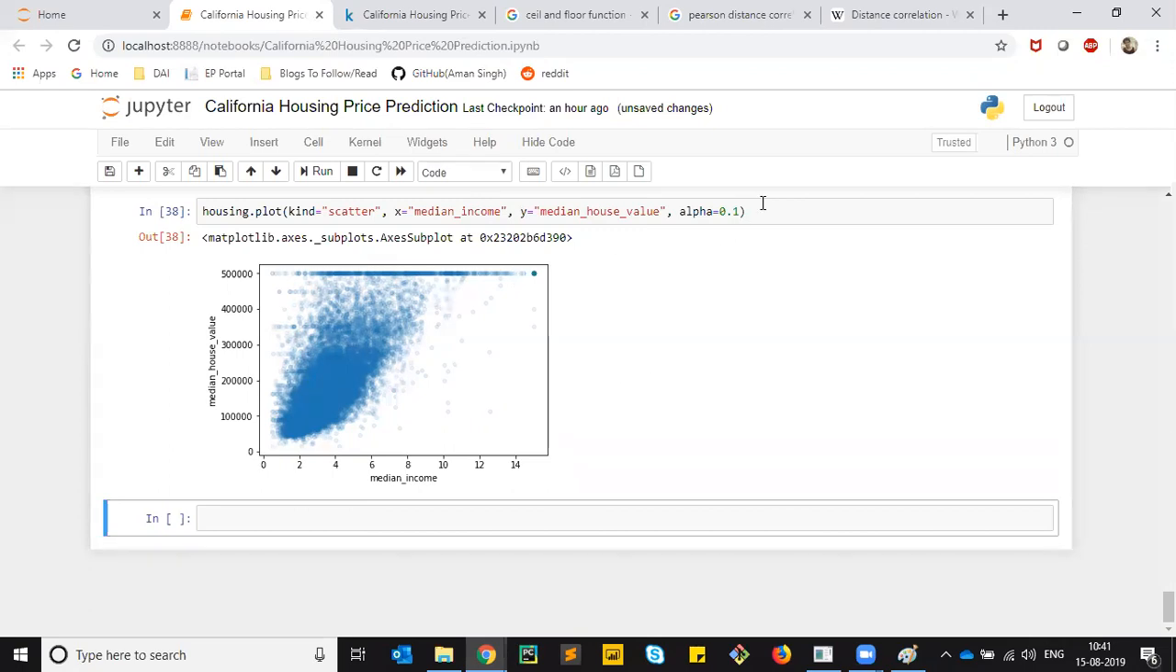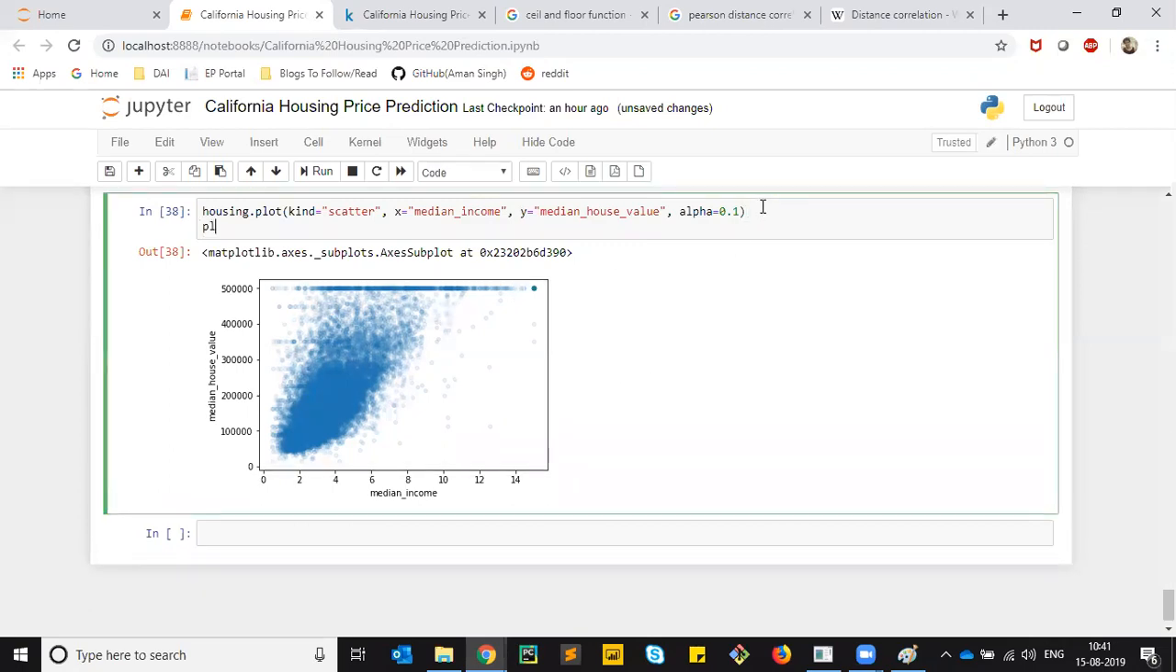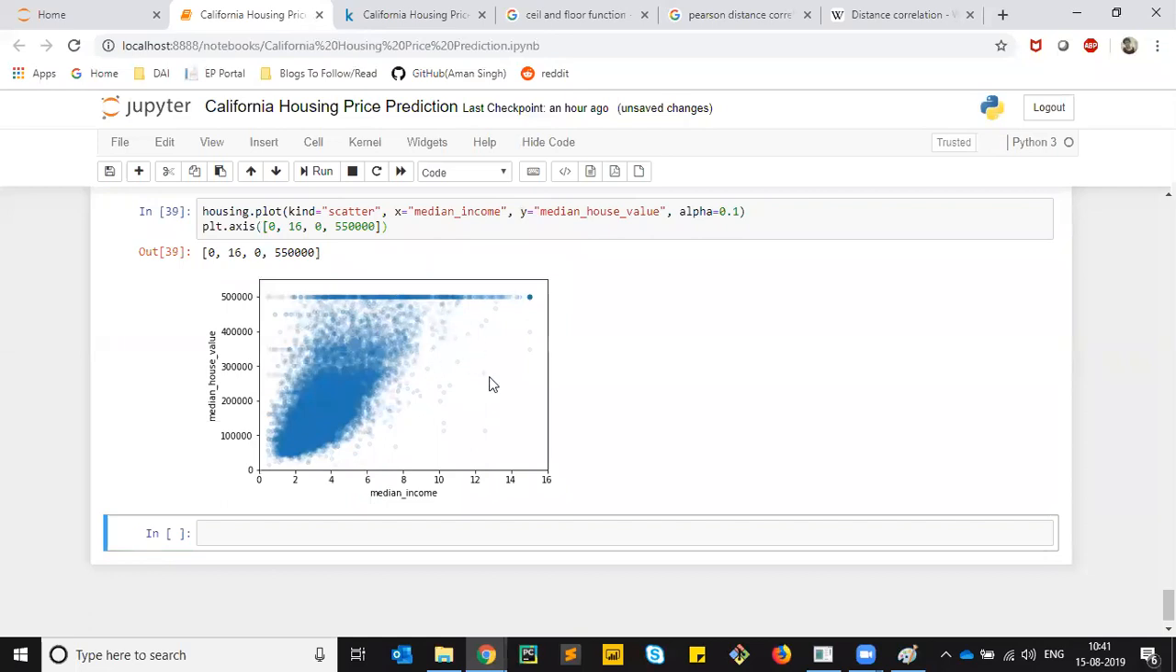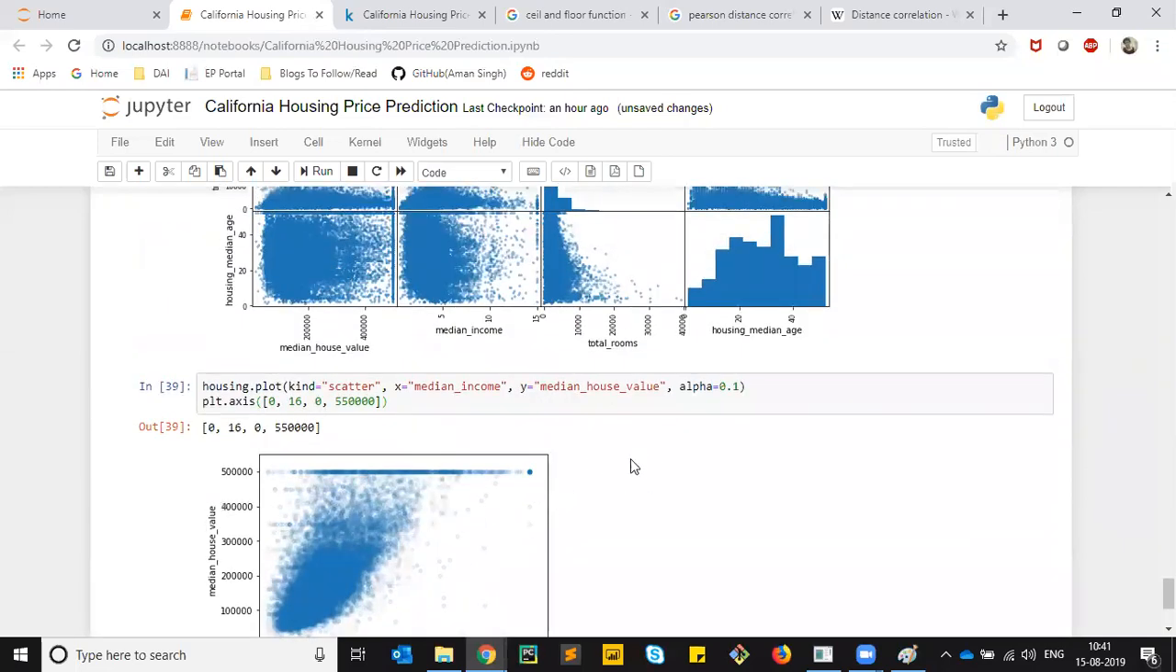Let's zoom in a little so it's more visible to you guys. 0 to 16. Yeah. And 0 to 50,000. I'll keep it 55. How many zeros are there? 550,000. All right. Much better. So now